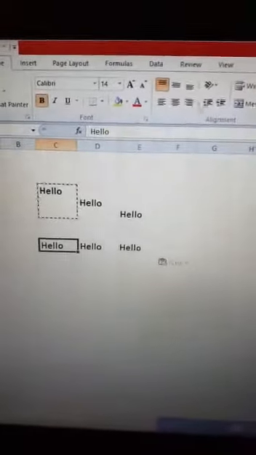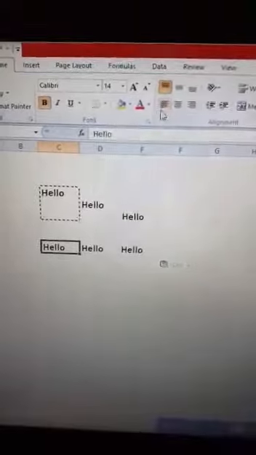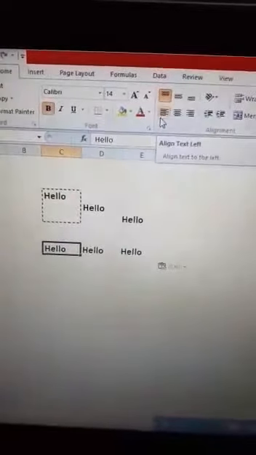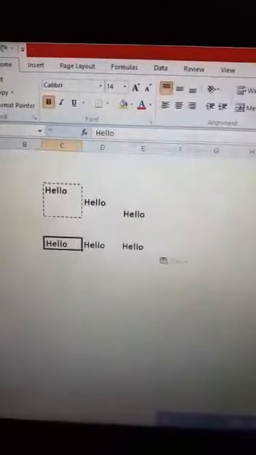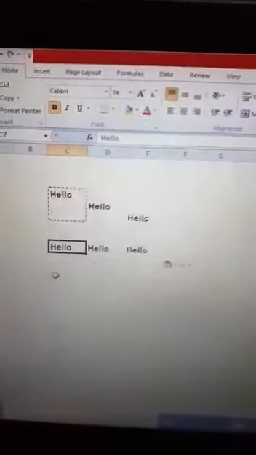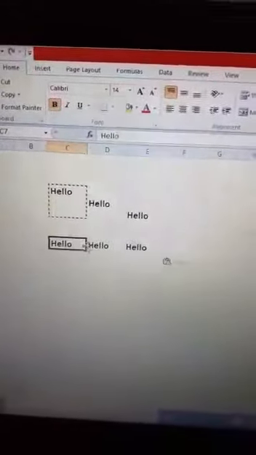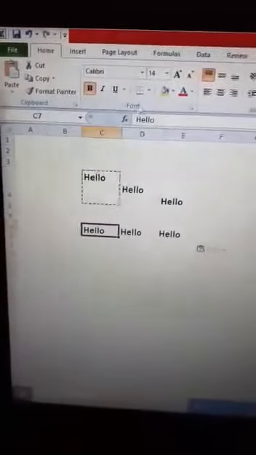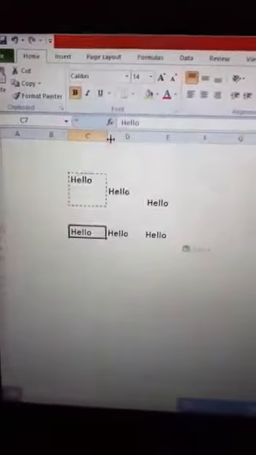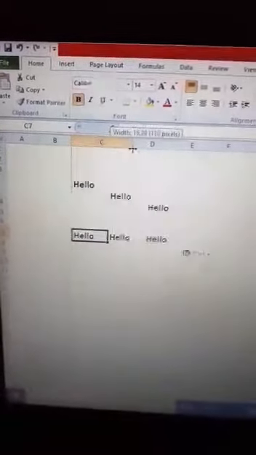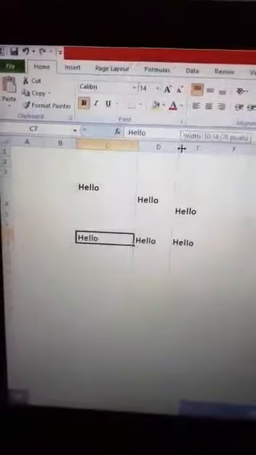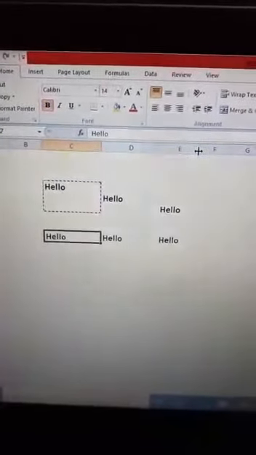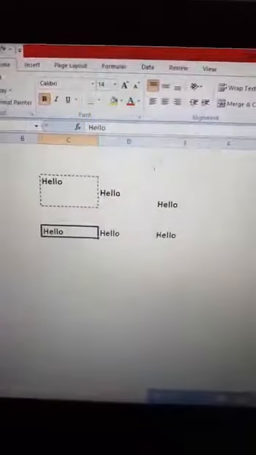Here are the buttons for the horizontal alignment. The first one is your align text left. It is already at the left hand side. When you enter the text, it is at the left hand side. So what we will have to do for this, you will have to change the width of it. You can change the width of a cell from here, so that you can easily understand what we are teaching and what is the difference between these center, right and left.